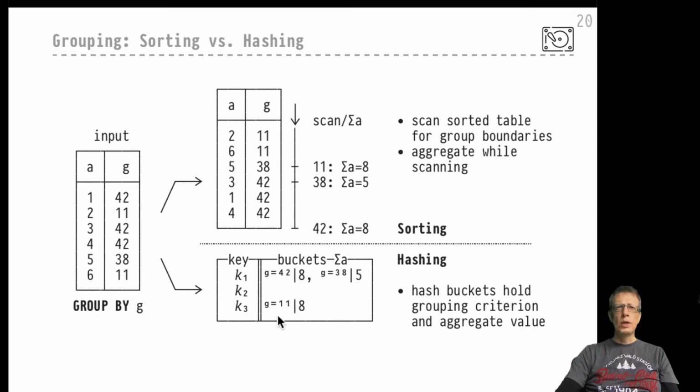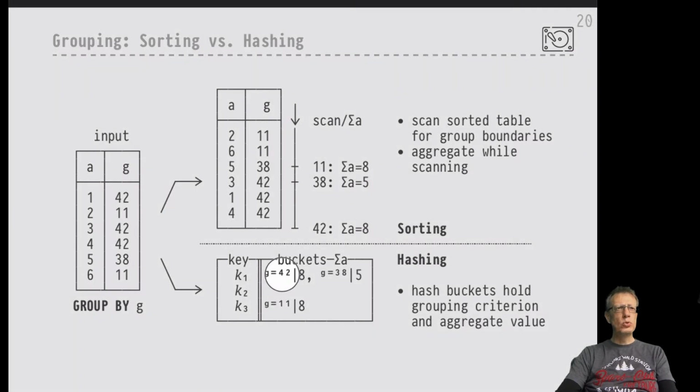Okay, so to bring all those values close together that share the grouping criterion, we would apply a hash function to the G column here. All values that agree on the G column will of course lead to the same hashing value. So let's assume that the hash function will map a G value of 42 to key K1. So the hash of 42 will be the key K1. All of the rows with the G value of 42 will end up in this key 1 hash bucket, and the A values will contribute to the sum that we maintain in this bucket for the G